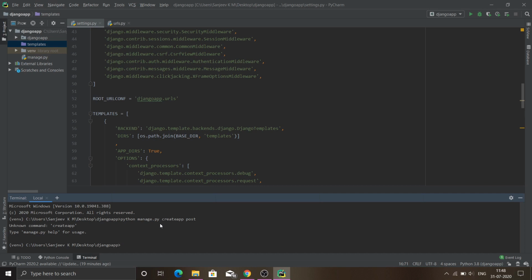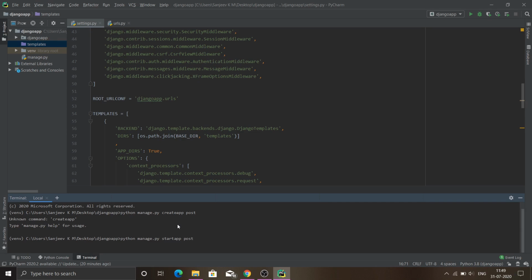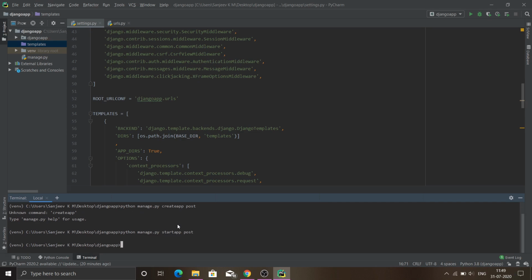So it's showing me some error. Sorry, I have executed the wrong command. That's not create application, it is startapp. This will create the post application for us in this directory.